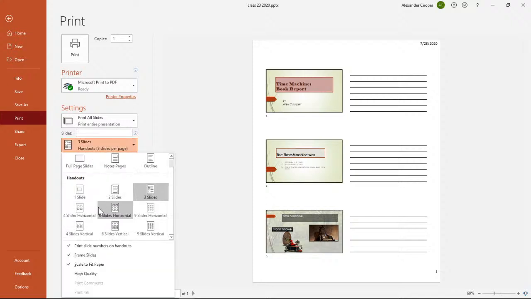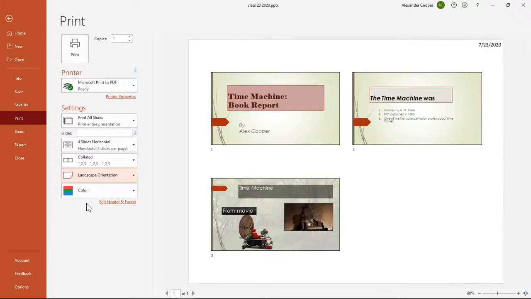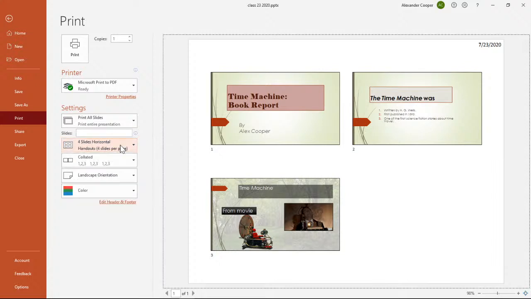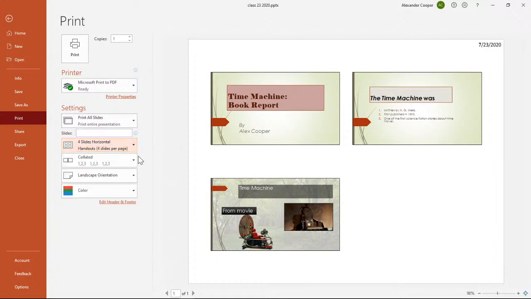So usually when I print, I usually do the 4, and I have it set to landscape, and I make sure that it is set to scale to fit page, okay? What if I got rid of, yeah, that won't actually matter. But there you go, usually 4, print them horizontally if you need to, set it to landscape.